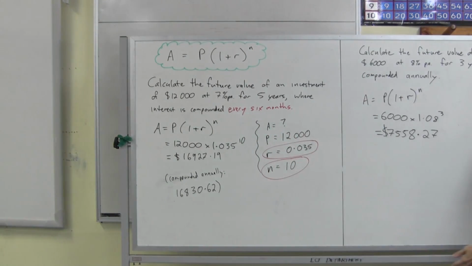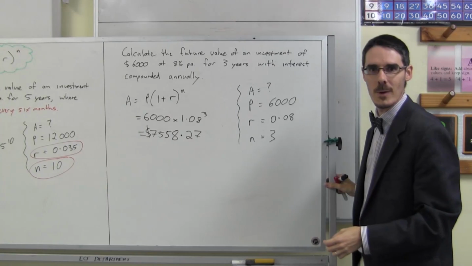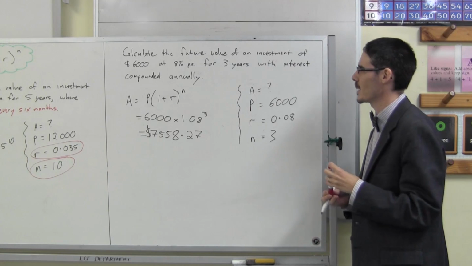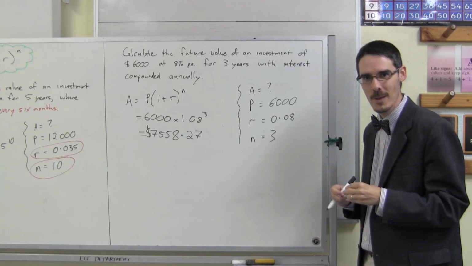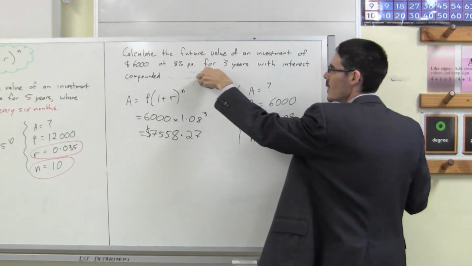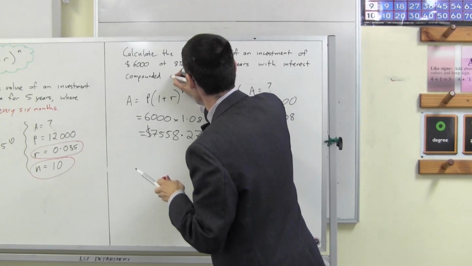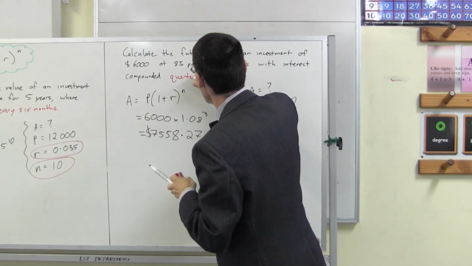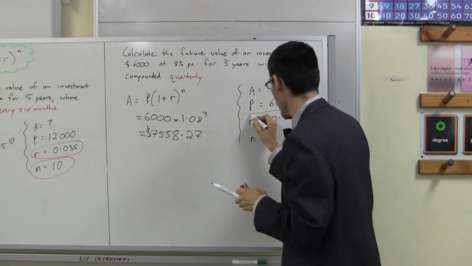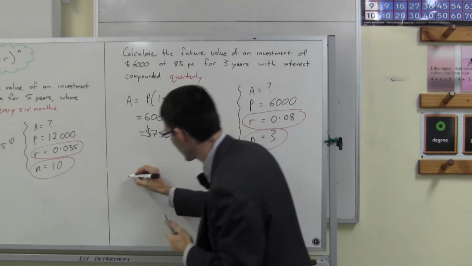Okay, let's try our second example. Alright, this one, calculate the future value of an investment of $6,000 at 8% per annum for 3 years with interest compounded annually. Okay, instead of annually, let's make it quarterly. Okay? So we need to look again at the rate and the number of terms, and that's going to change this. I'm going to quickly write down here,